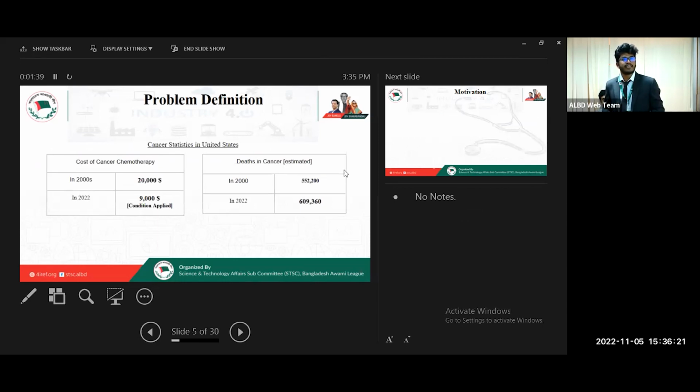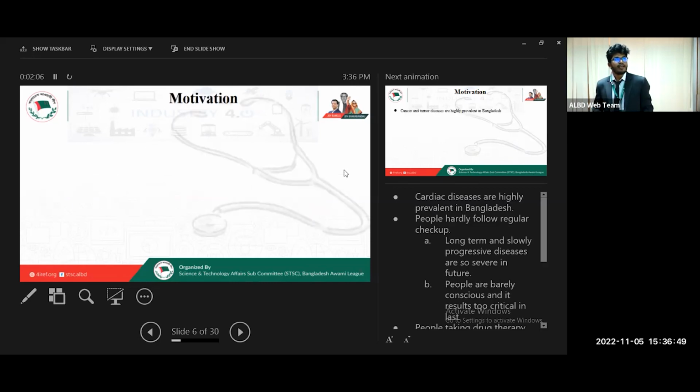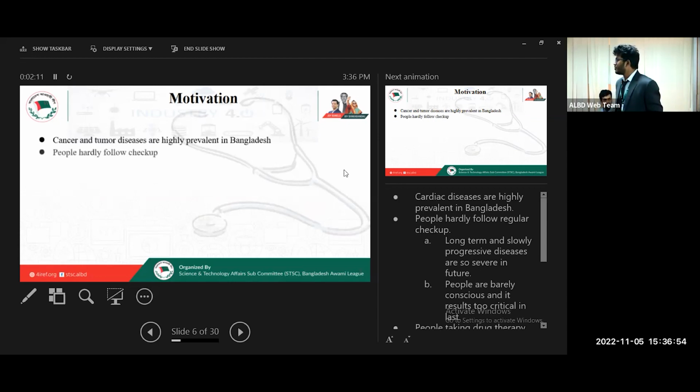Here are the cancer statistics in the United States, which are available on Google. In 2000, the cancer chemotherapy cost was 20,000, and in 2022 it was 9,000 after applying subsidies. The deaths in 2000 were over 5 lakh 50,000, and in 2022 over 6 lakh. And here is our motivation: cancer is highly prevalent in Bangladesh,